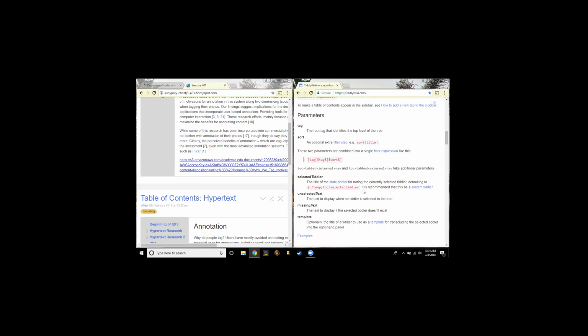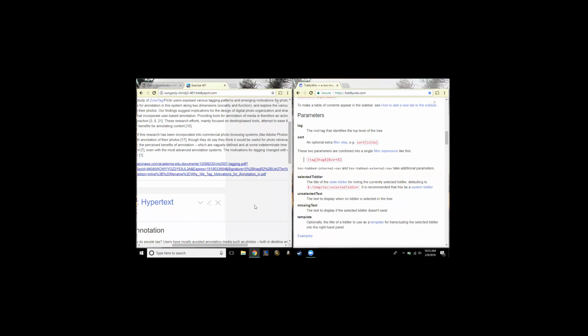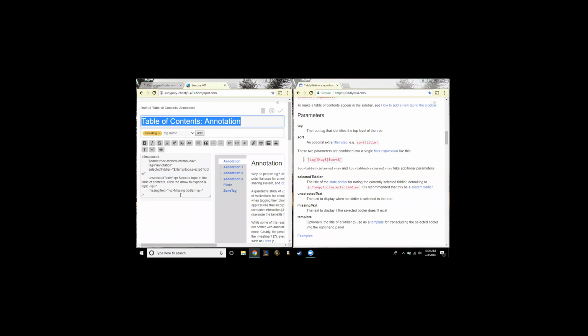If you added a parameter called selected, then you can go ahead and do that on your side. We've got the selected.